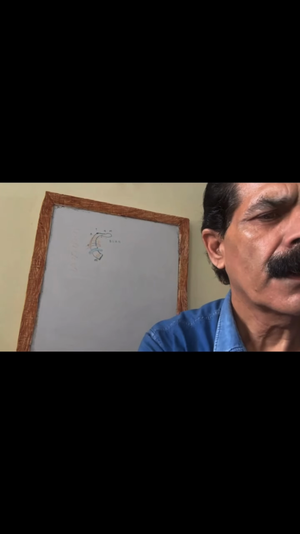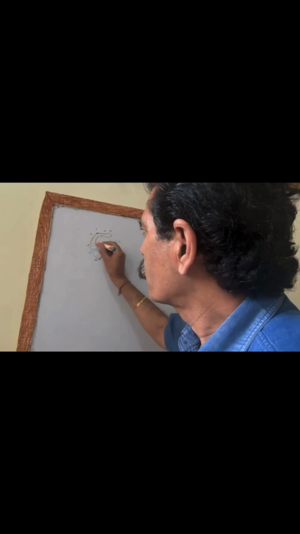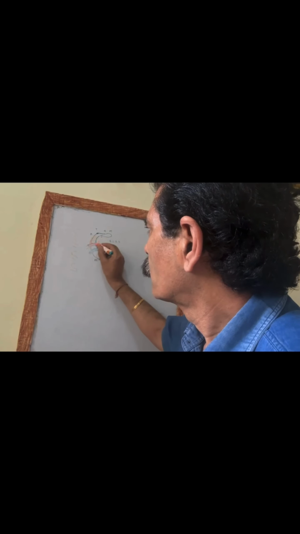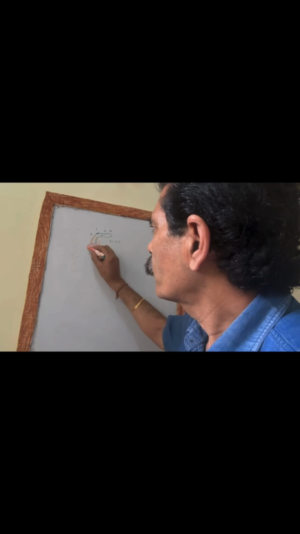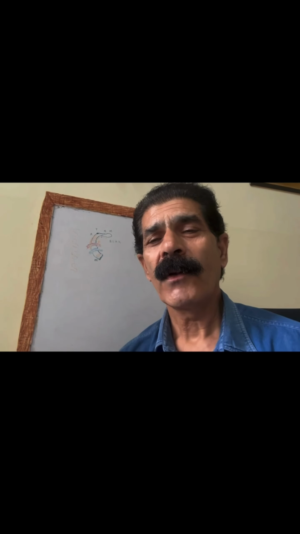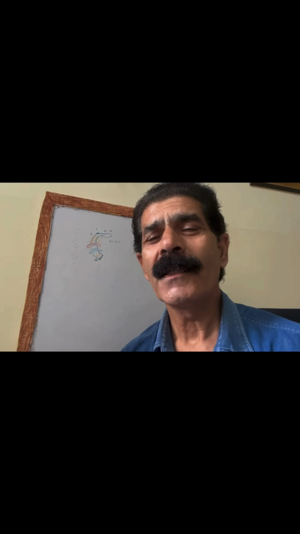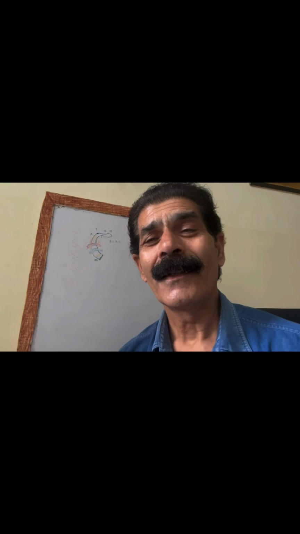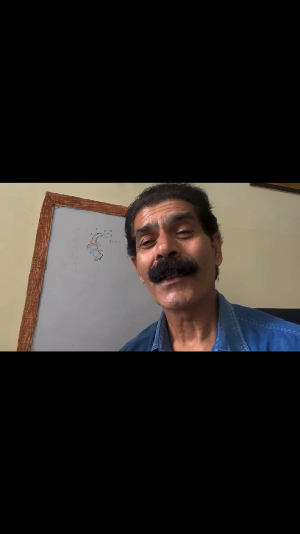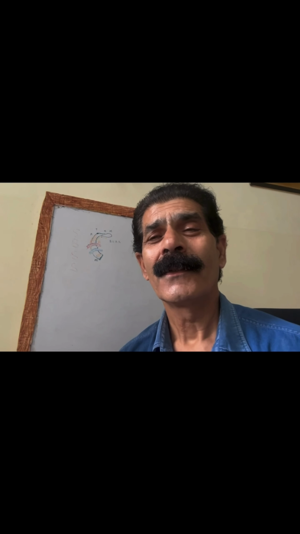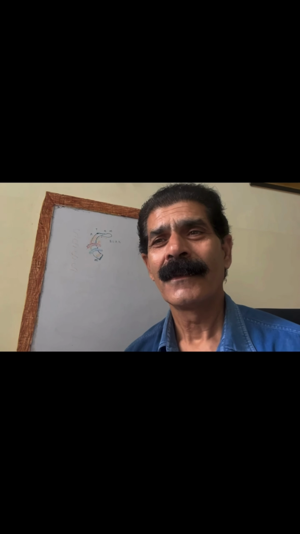That we have to remember, the superior relation of the first rib. So the first rib also forms the boundary of the thoracic inlet: posteriorly the anterior surface of the body of the first thoracic vertebra, laterally the inner border of the first rib and the inner border of the first costal cartilage, and anteriorly the sternal notch. So it forms the thoracic inlet.